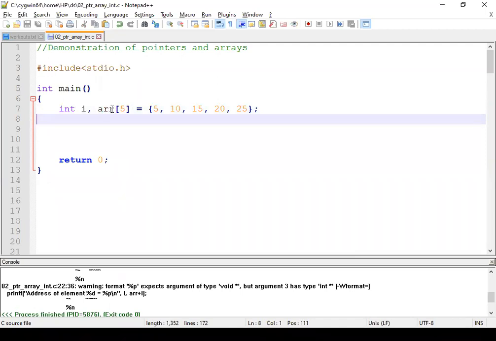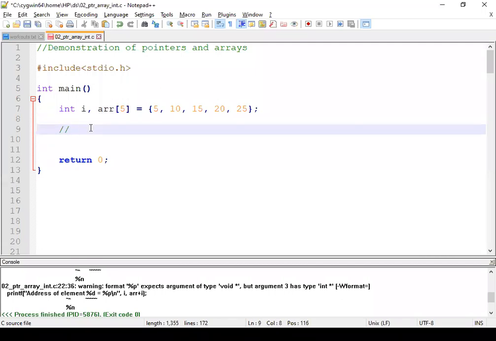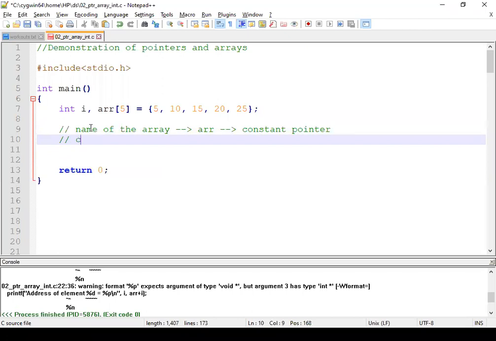It is not marks here, it is ARR. Now, as I said, let me put some comment headline here. The name of the array in this is ARR, and we call it a constant pointer. Now, what is a constant pointer?